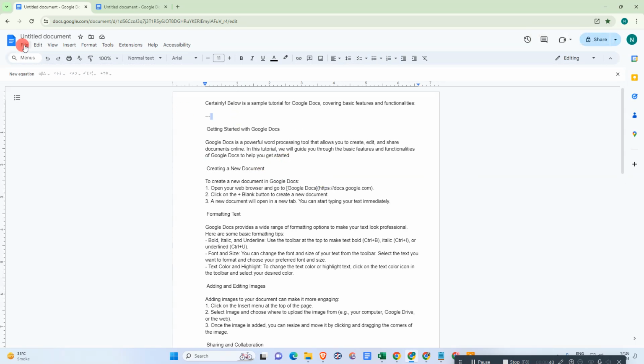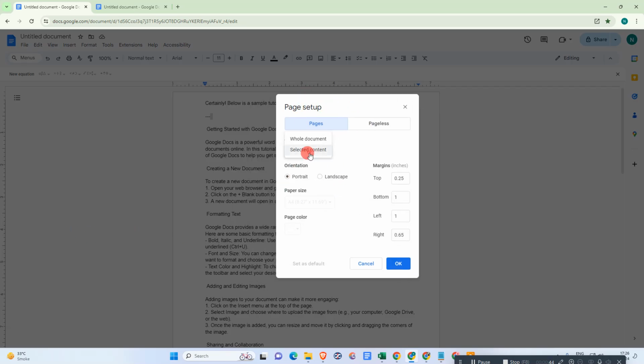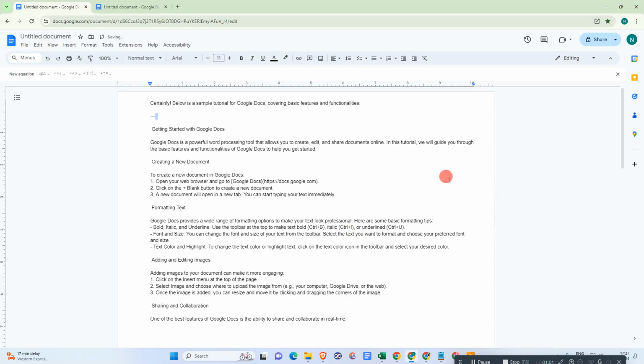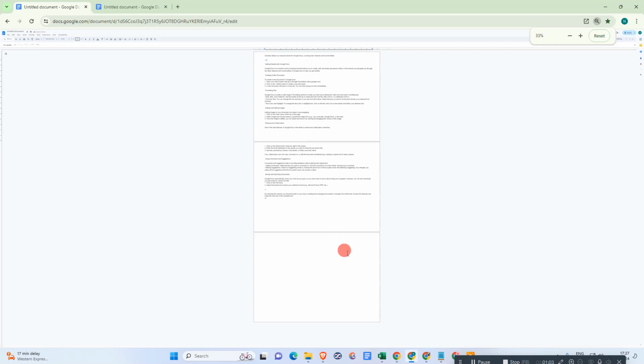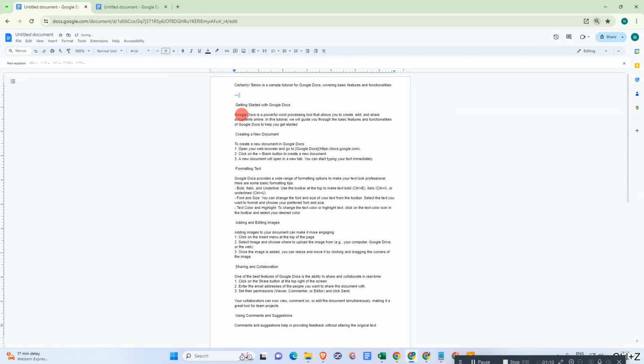Here we need to go to File, then Page setup. Currently, select the whole document. If you want to apply landscape mode or portrait mode to the whole document, just select the whole document, make it landscape or horizontal, and now you can click OK. Then all your pages will be converted into landscape. Okay,